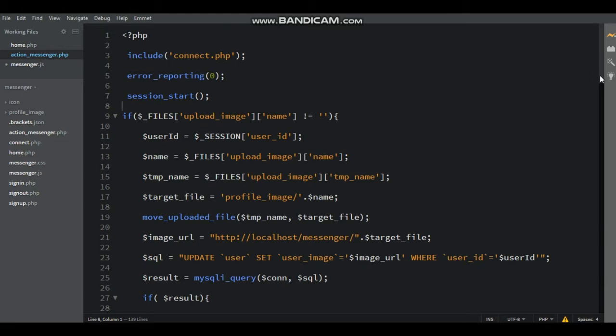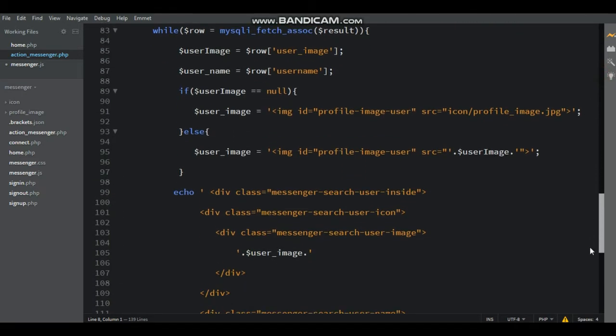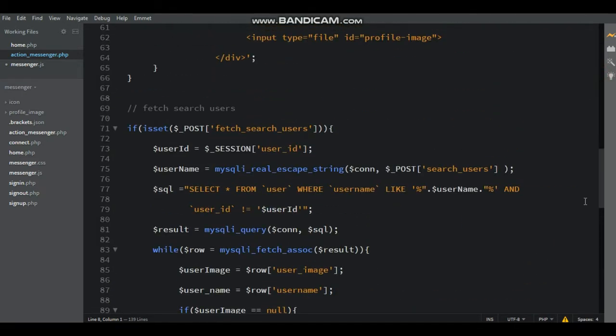Now go to the action messenger.php. Here is the fetch search users.